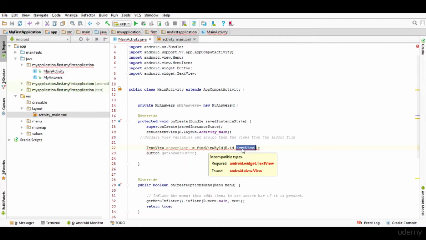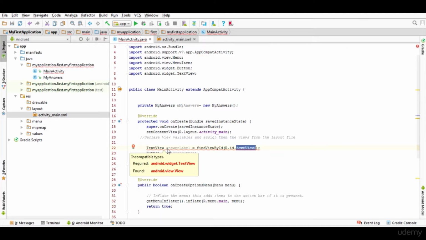The same way your layout got attached. First your layout got attached, and after that, whatever views you have defined inside the layout get attached to your main activity class. Now you can see there seems to be some error in your line and something has gone wrong. So how can we fix that?